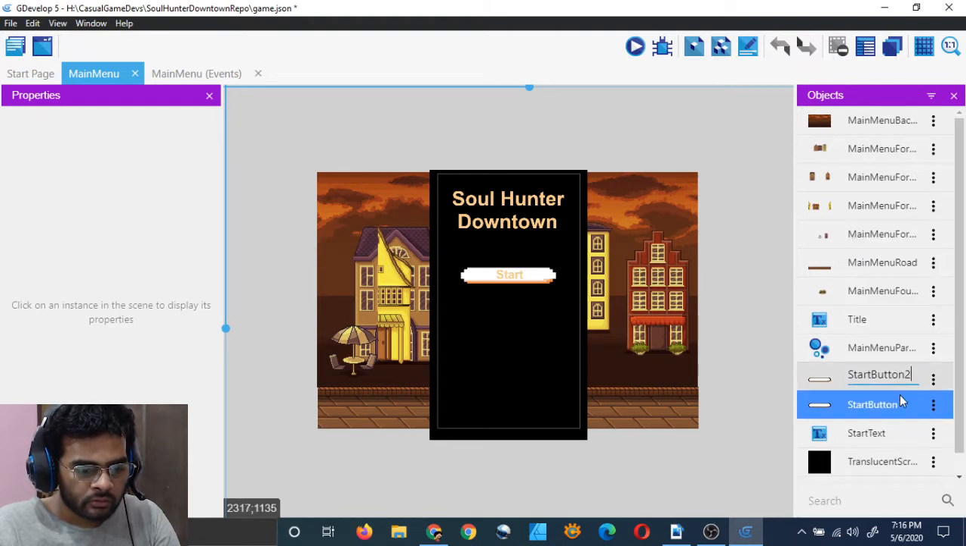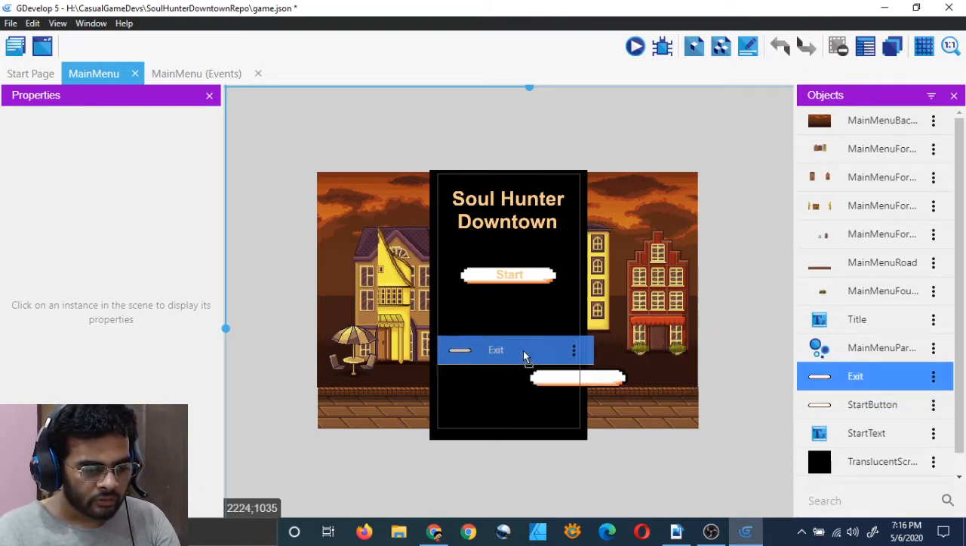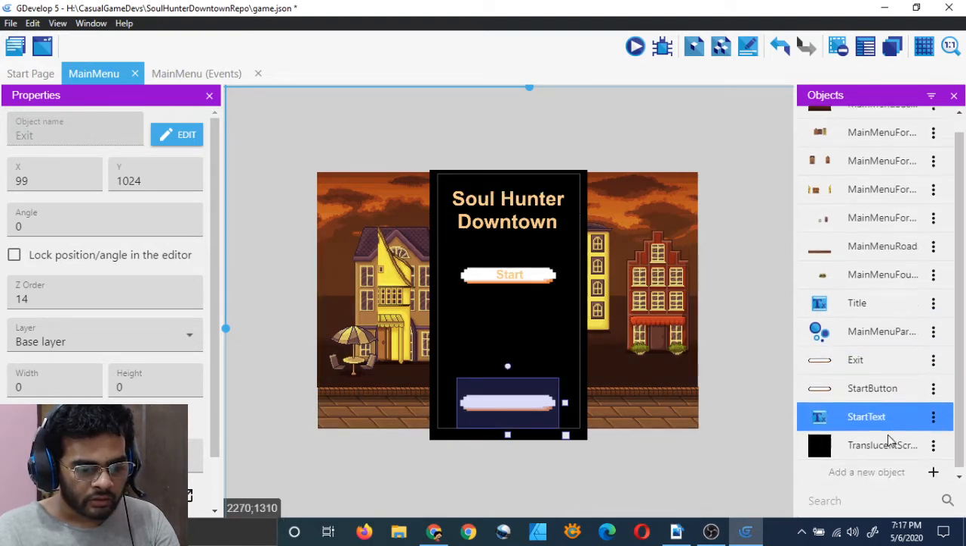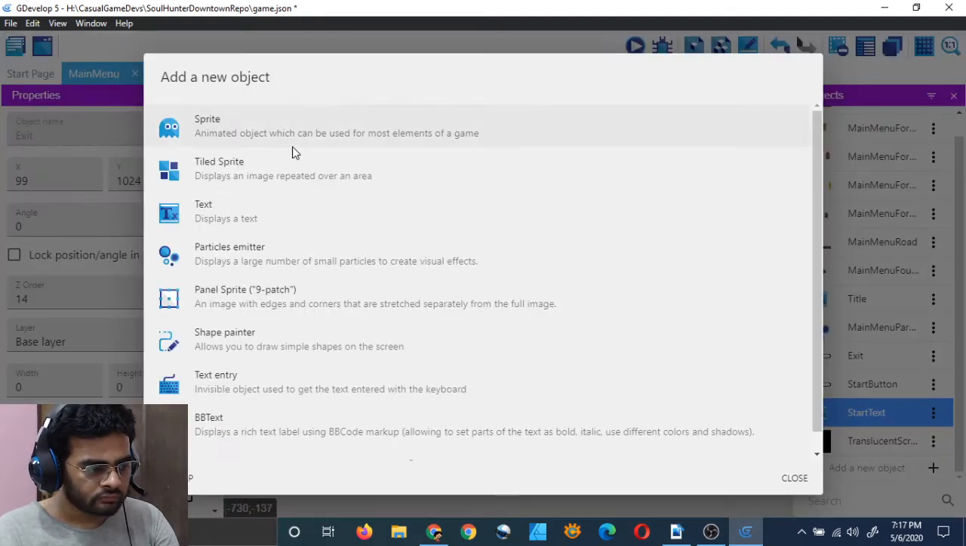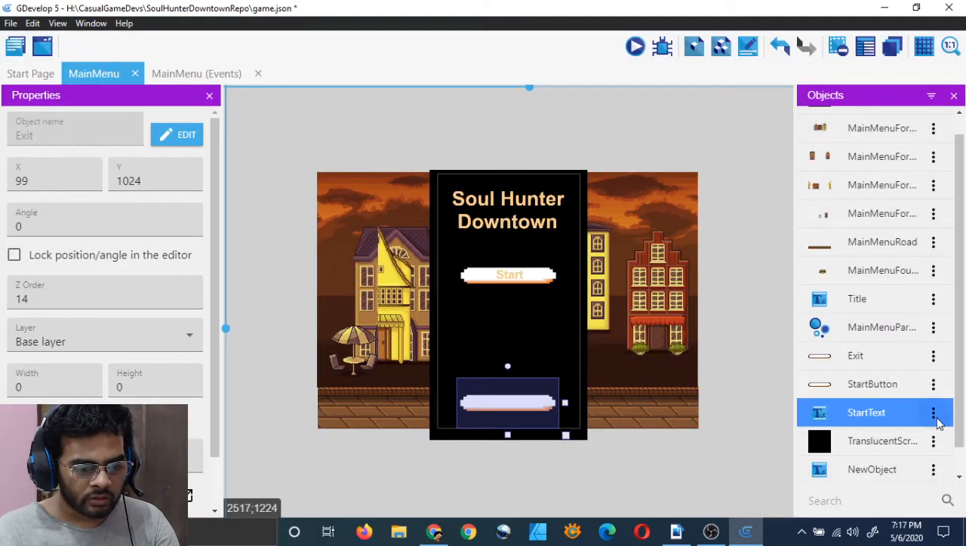Just go to your start button and duplicate, and I have start button too. I will call it... I think I will make an exit button, although I don't think you need an exit button on Android, but I will still make one exit button which will close the game. I will just drag it here and put it around here somewhere, and then start text I should add an exit text,